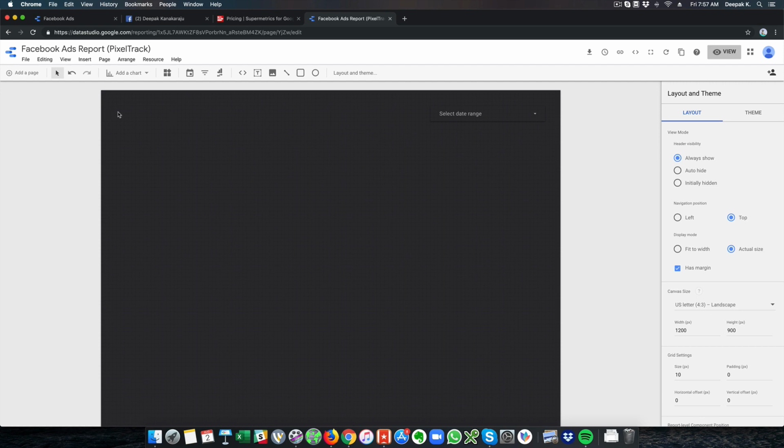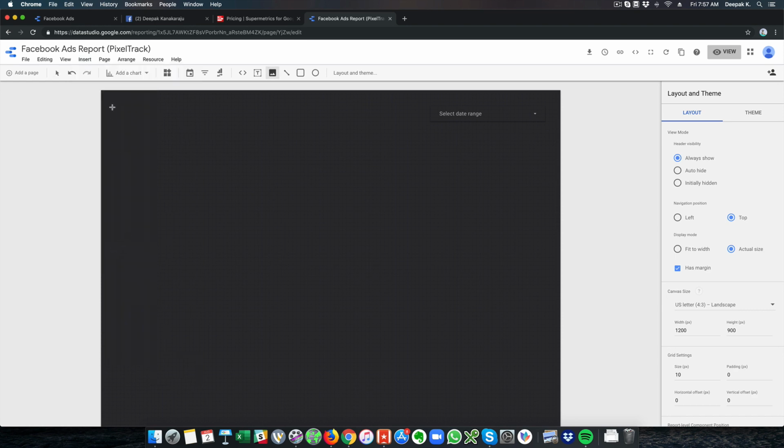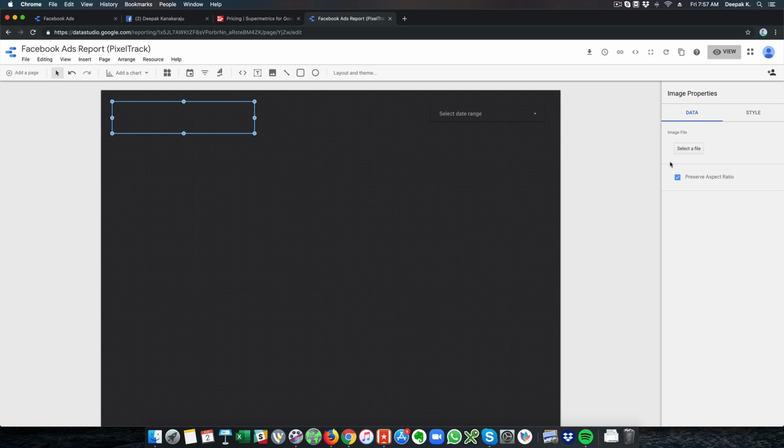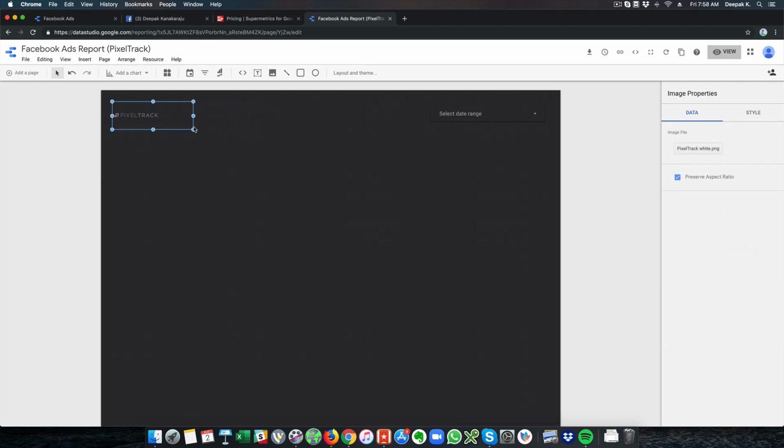Now I also want a logo. So I will insert an image. I will go ahead and click on insert image. I want to put my company's logo. So I will select a file here from my folders and then import the image. I have an image which is like a white image.